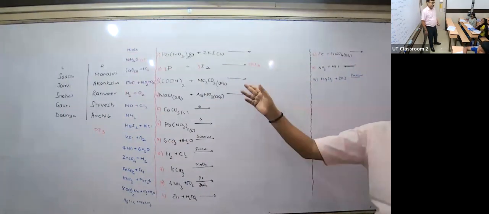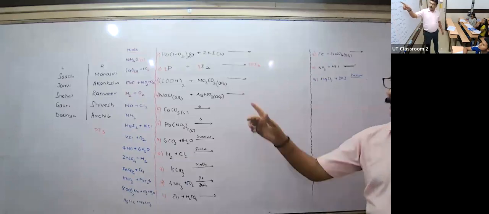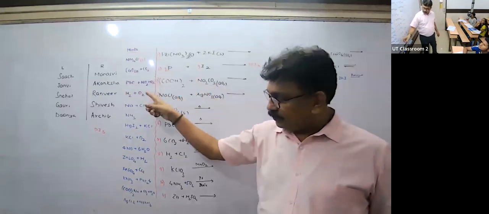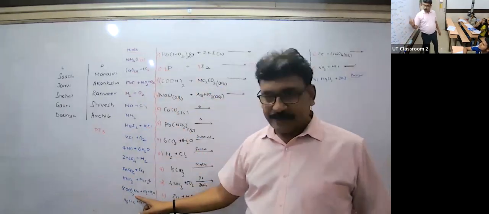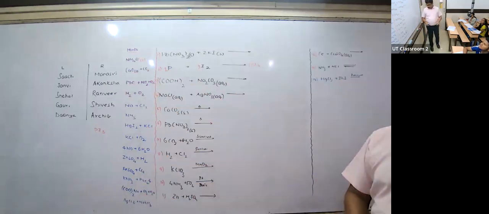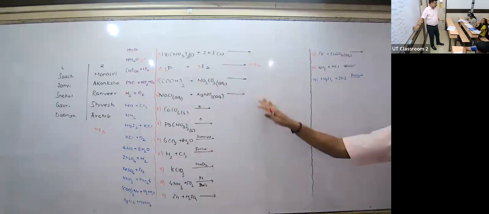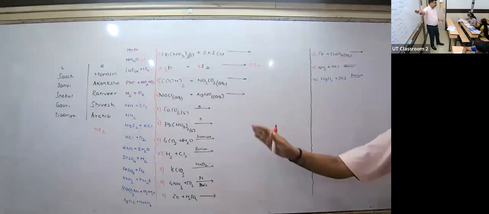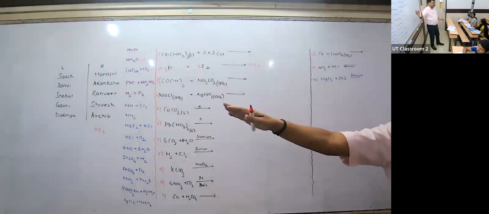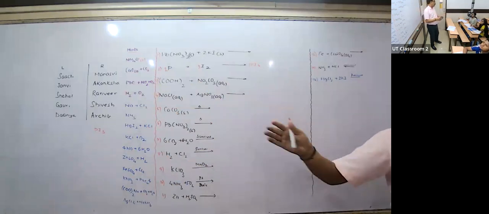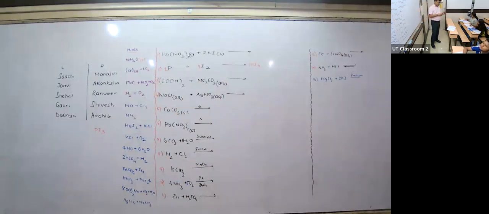Sir, do we have to balance all of them? Yes, you have to balance everything. This way you will come to know, and this will be much faster. Why? Because you will not have fear of balancing the reaction or the products. You can easily write the hint. Write half the reaction, then the hint on one side with pencil. Once you do this, you can remember the reaction for a longer time, and it will be easy. You have to practice this way.